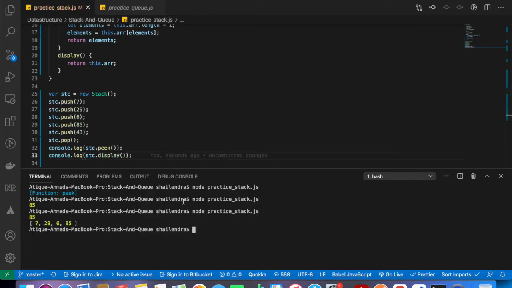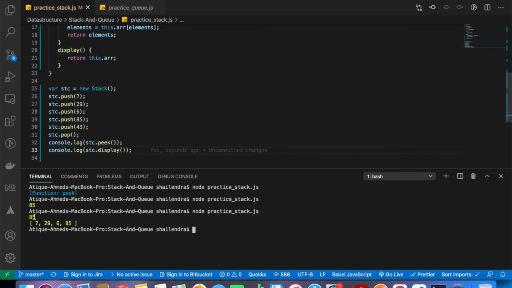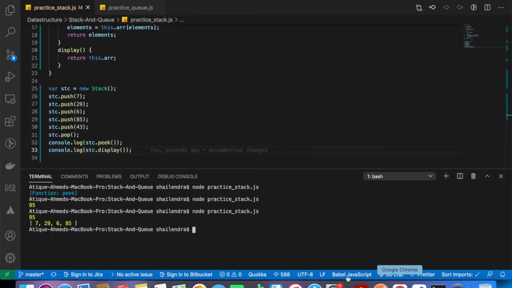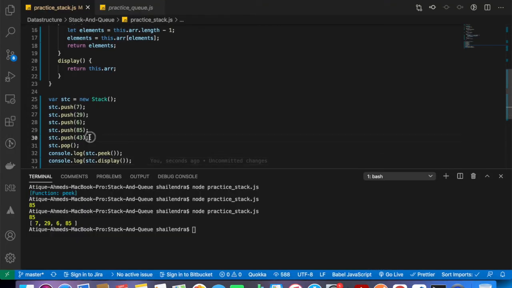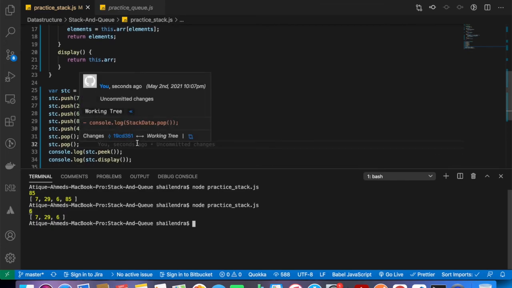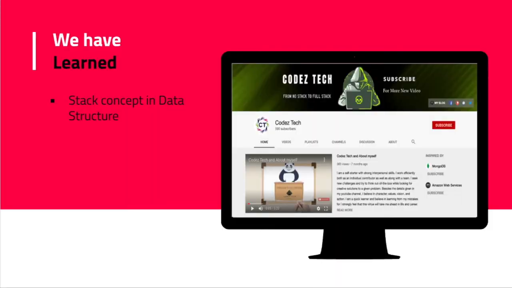If I run this, you can see that my stack right now has 7, 29, 6 and 85, and I have already popped the element 43. If I do pop one more time, I'll get 7, 29, 6 and the peek element will be 6 itself. Alright, in this tutorial we have discussed the stack concept in data structure.